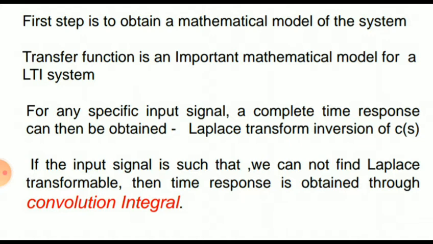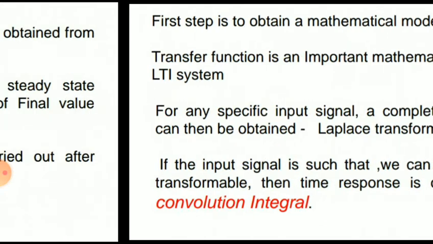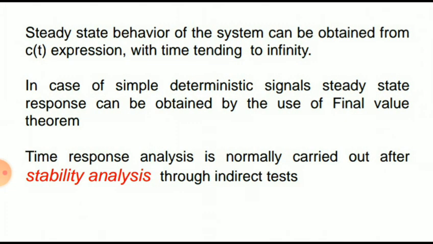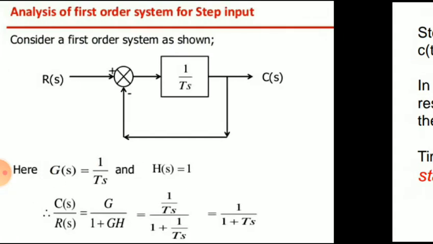Then take Laplace inverse of C(s) by using partial fraction method to obtain total c(t) of the system to the applied input r(t). So c(t) is equal to css(t) plus ct(t). The transient output can be studied from the above expression. The transient response may be exponential or oscillatory in nature.